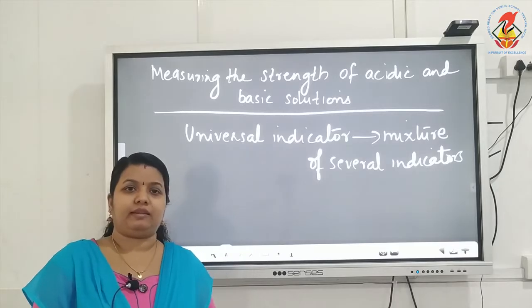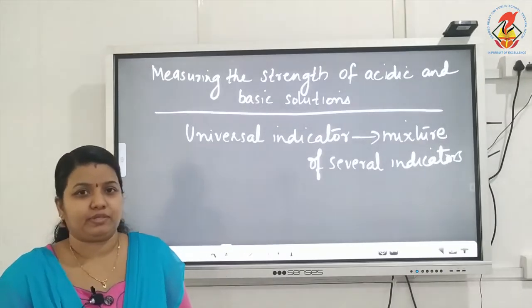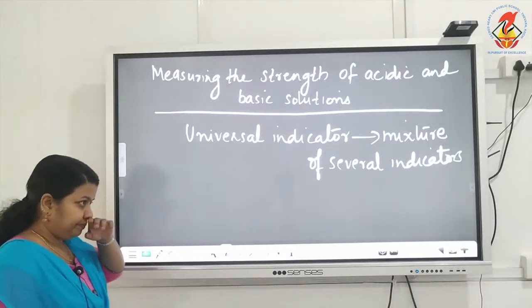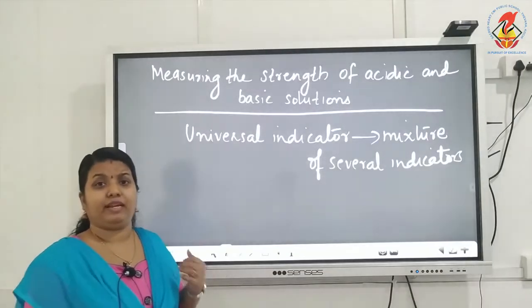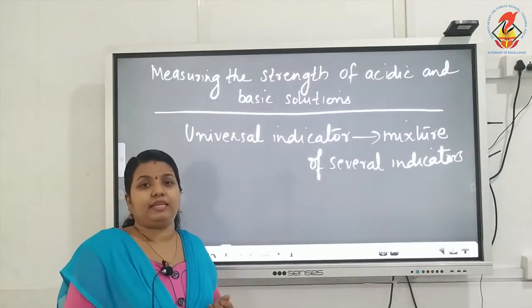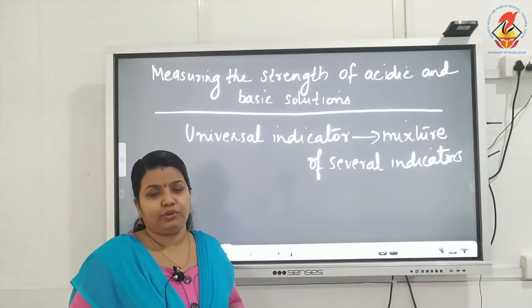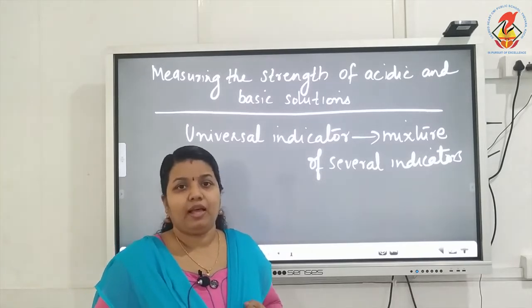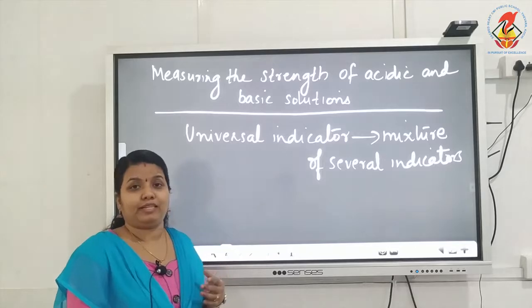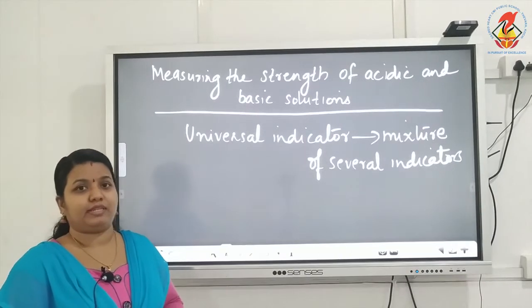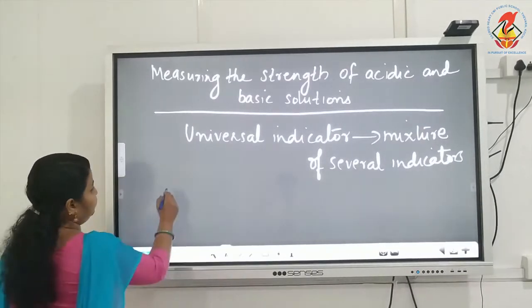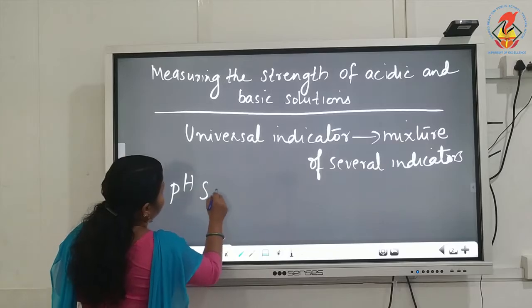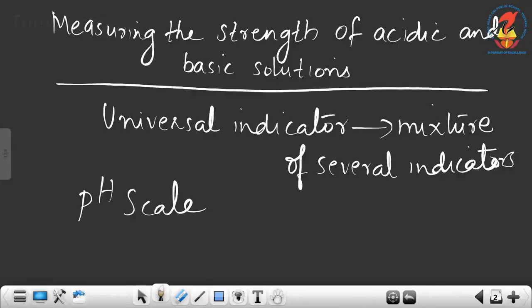The universal indicator measures the concentration of hydrogen ions in a solution, and at different concentrations of hydrogen ions, this universal indicator gives different colors. And the scale of measuring the concentration of hydrogen ions in a solution is known as the pH scale,